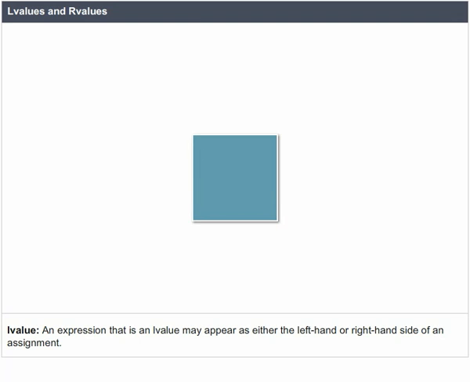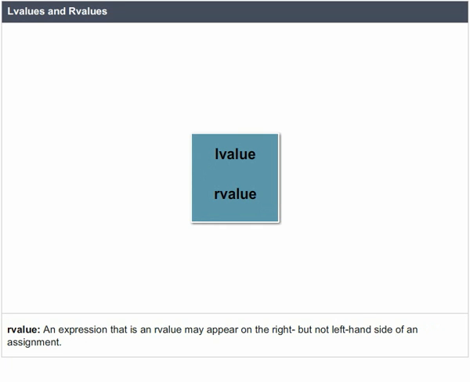L values and R values. There are two kinds of expressions. L value: an expression that is an L value may appear at either the left-hand or right-hand side of an assignment. R value: an expression that is an R value may appear on the right but not the left-hand side of an assignment. Example: